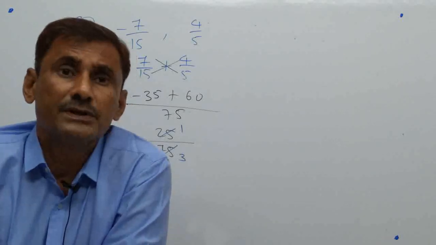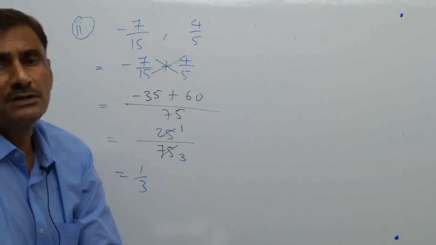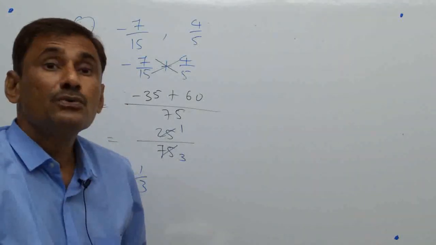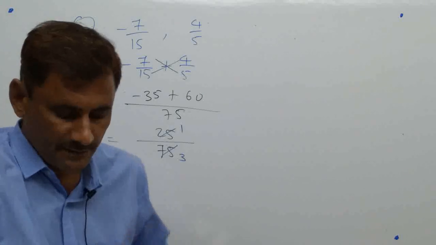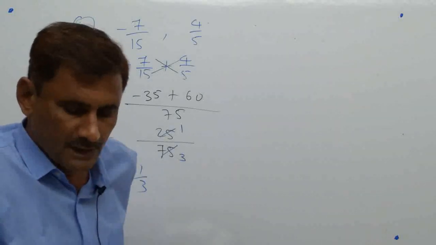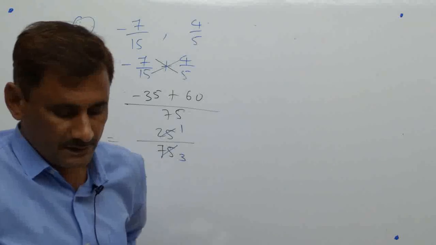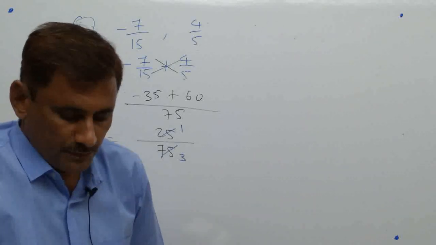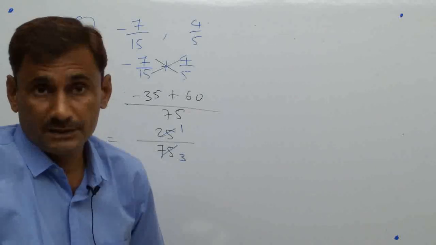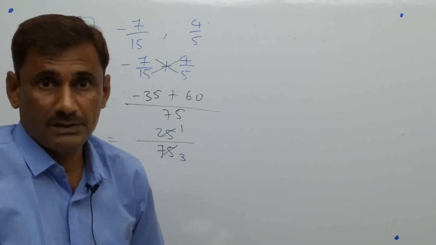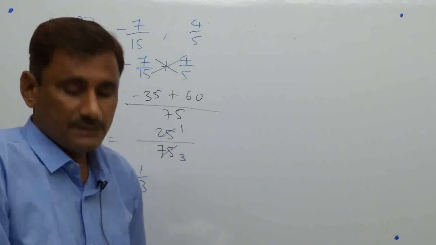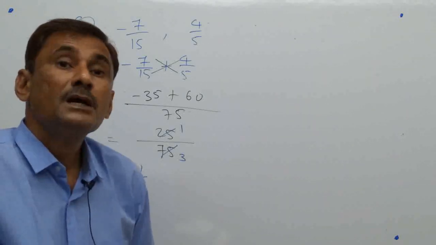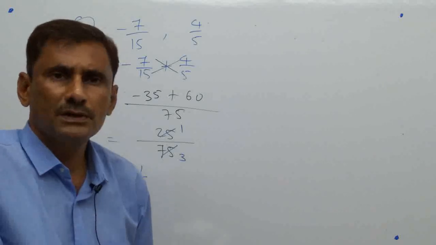Just like addition, you can do your subtraction also. But whenever denominators are not equal, you have to take the LCM here also. So the same type of result they have given. Now properties also will be there. So look at property 1. The difference of any two rational numbers is always a rational number. Closure property. If you take the difference of any two rational numbers, then it will be rational only.